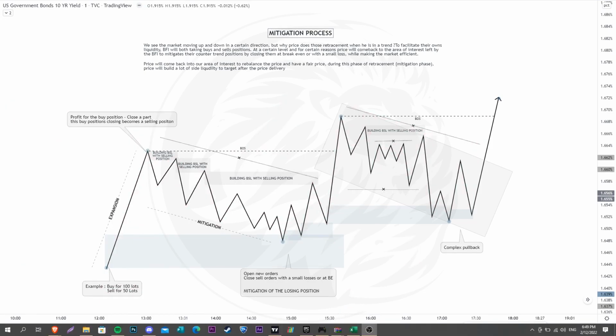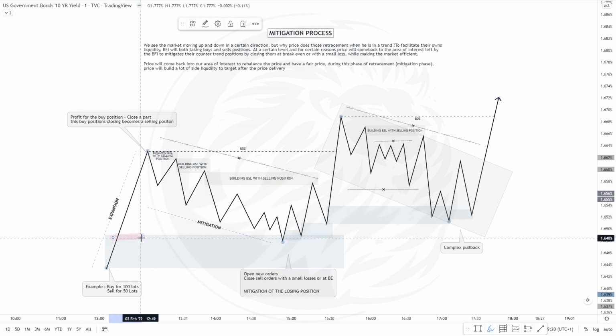The mitigation process is a really important process because many people don't know that the price needs those things, and for example, if you are a buyer since then and you don't understand the mitigation process, when price starts to go down, you will just be stressed and really won't understand what you need to do if you don't have a strict plan. And if you understand the mitigation process, you are able to use it to your advantage by adding some positions. So here you know